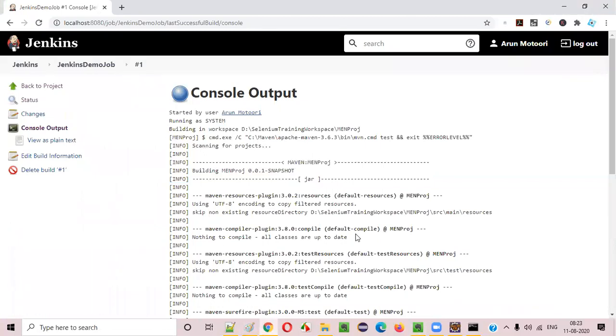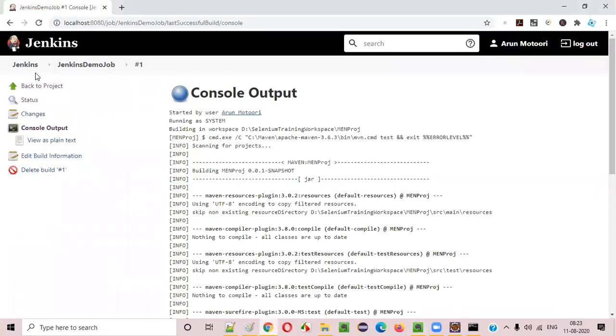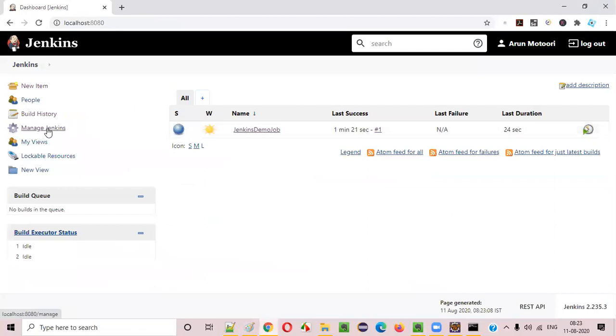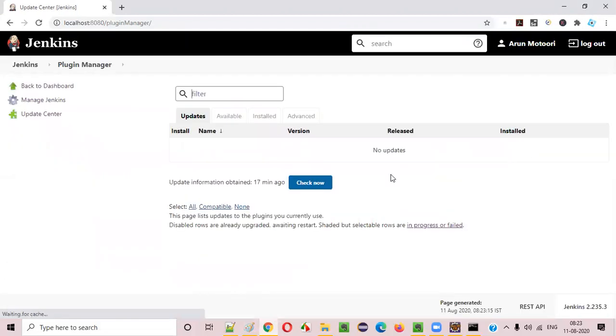For that, we need to install a plugin, guys. We have to install a TestNG results plugin. How to install a plugin in Jenkins? Go back to Jenkins. Go back to Manage Jenkins. And here the Manage Plugins option will be there. Go here, select Available, and search for